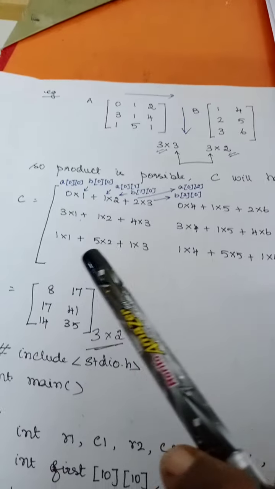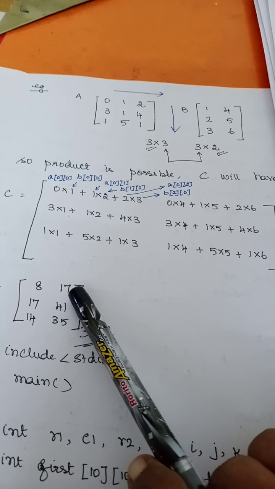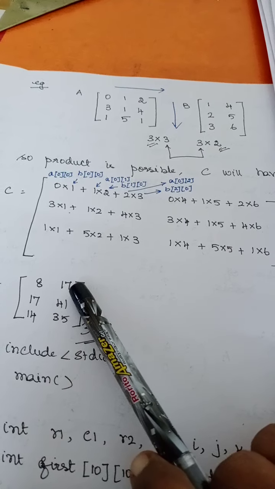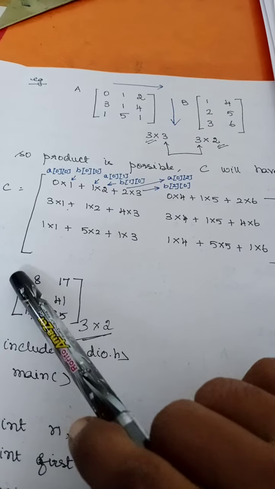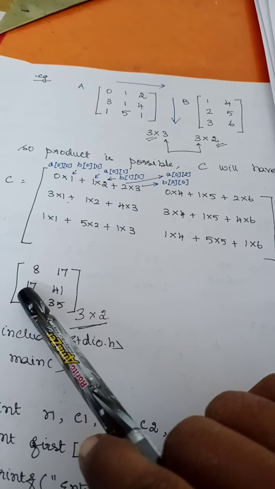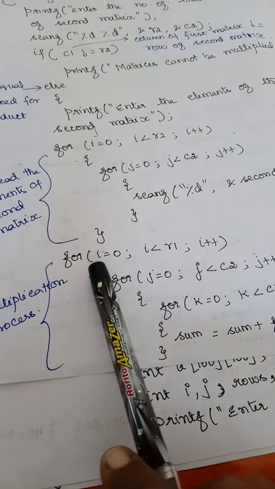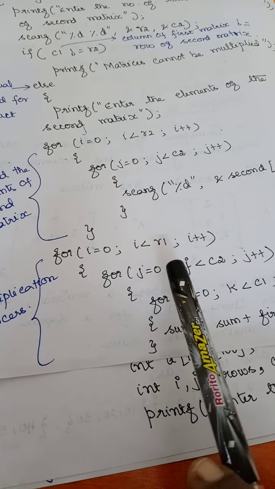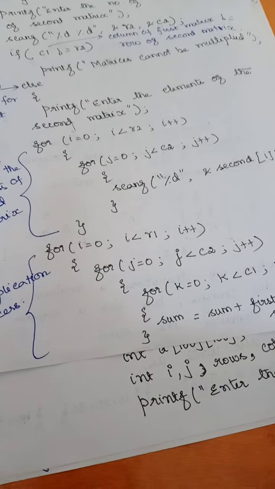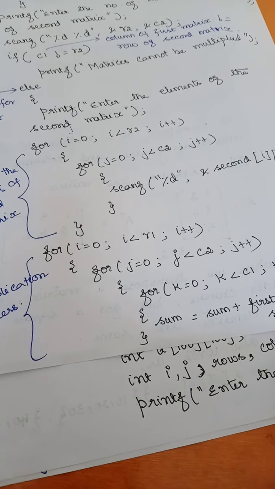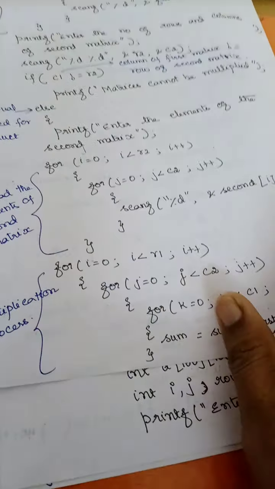And then I will do the same thing again and I will find out the value of C of 0, 1. So here i is constant, j is 1. After completing this row, for the second row I will change my i value to be 1. Again for i equal to 1, j equal to 0, I will proceed with the same values. Clear? This loop will continue to calculate all the values, right?